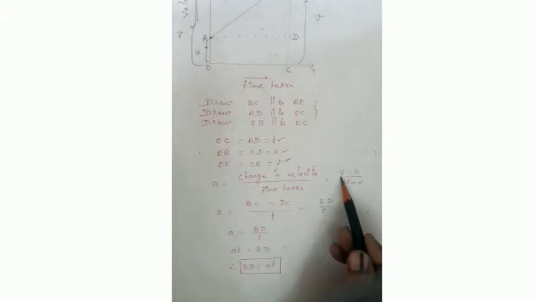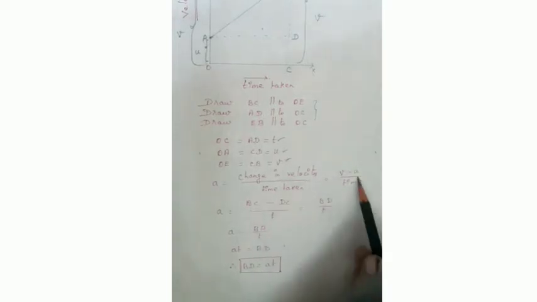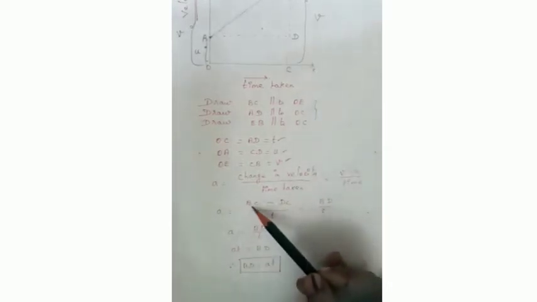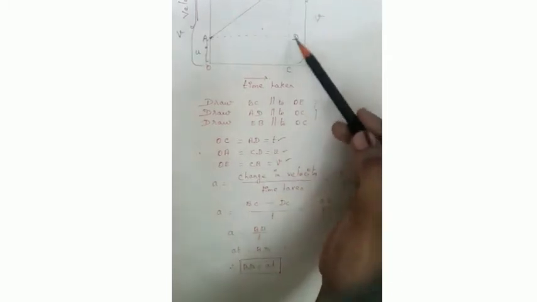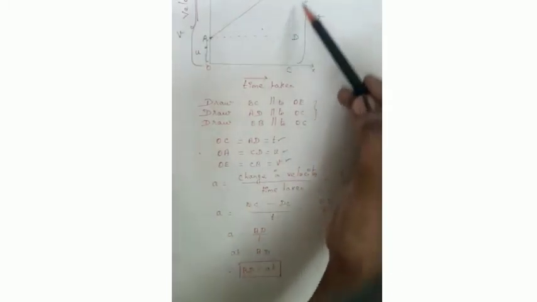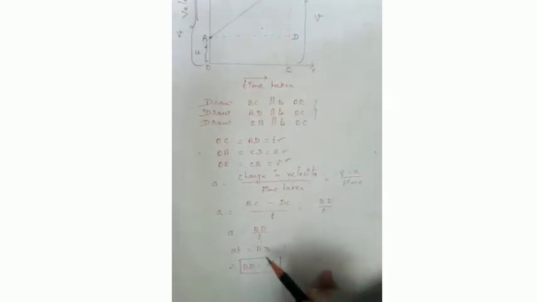What is V? V is the final velocity. What is the final velocity here? BC. So instead of V I have BC, minus U, the initial velocity. What is the initial velocity here? DC. So final velocity minus initial velocity divided by time. See the graph: BC minus DC leaves the portion BD. So I write BD divided by T. From this we conclude that BD is equal to AT. This is the value we need to find to apply in the rest of the equations.